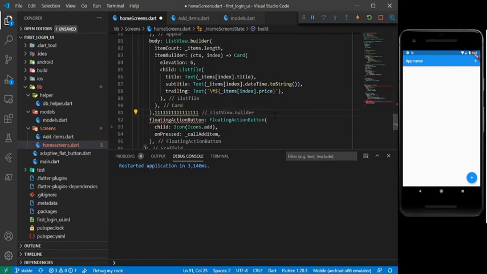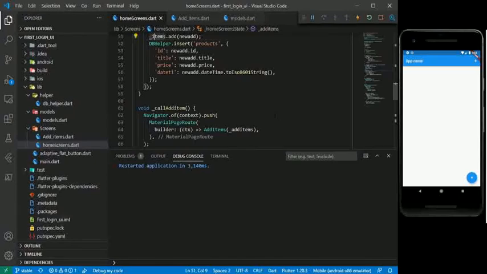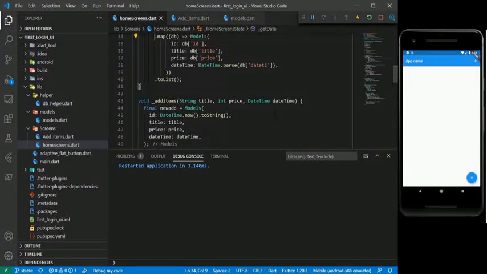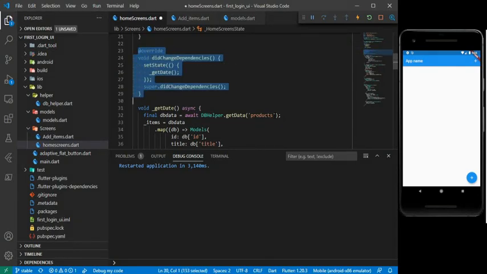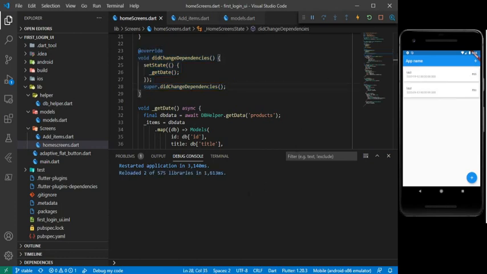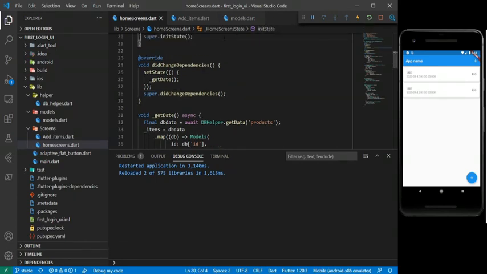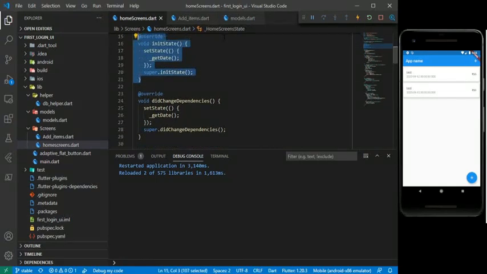Okay, we also want to set this. Now we are getting our application data because on dependency change it is always getting our data. And see our data is still running. Whenever